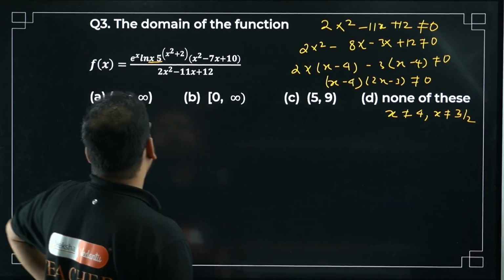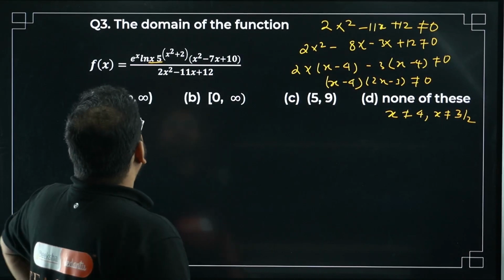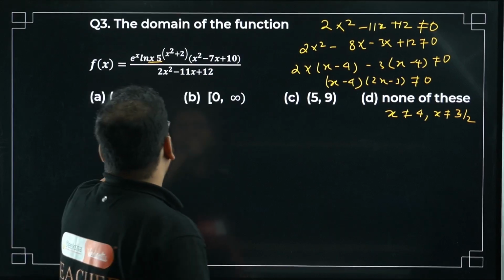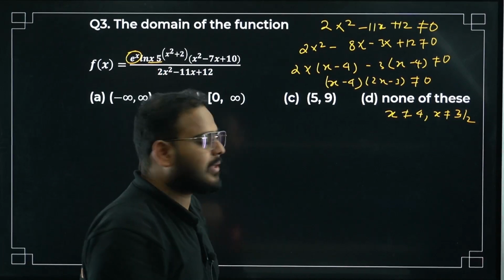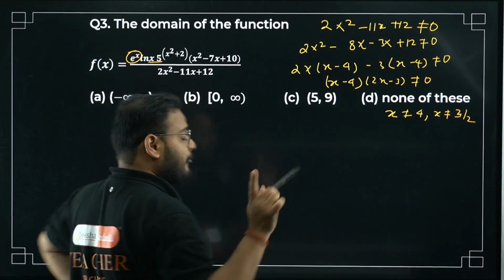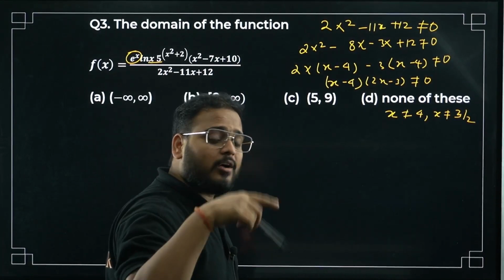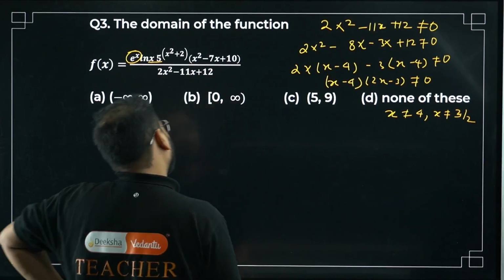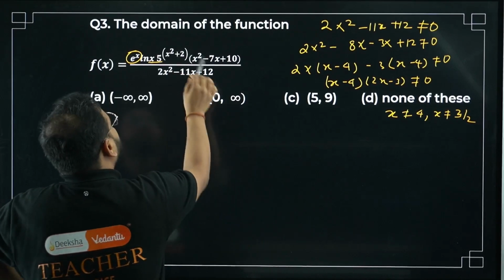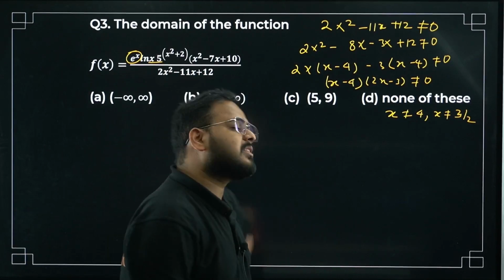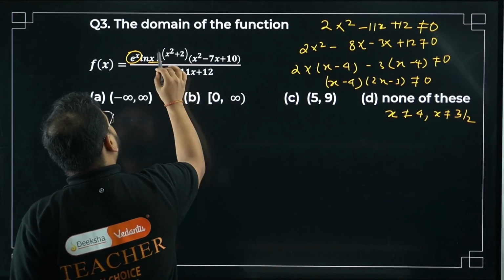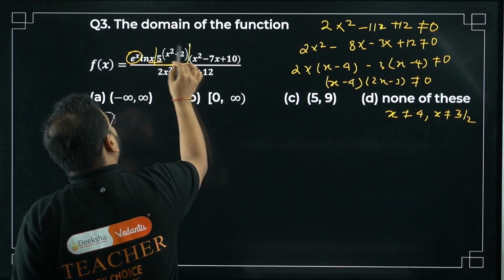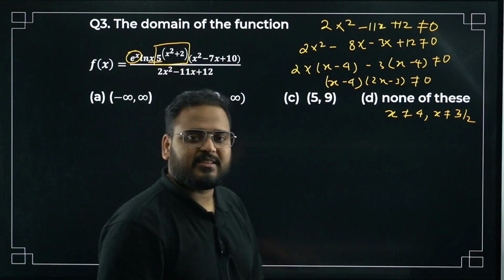Okay, let's have a look. What can we say now about this e power x? What is the domain of e power x? The domain is always real. What about this? For log, the log should not operate on a negative number. It has to be always positive, not even equal to 0. So check this out: this part over here is always positive. 5 power anything will always be positive.